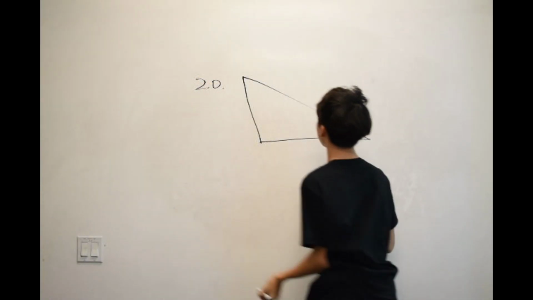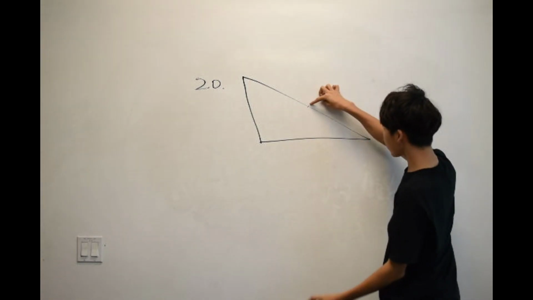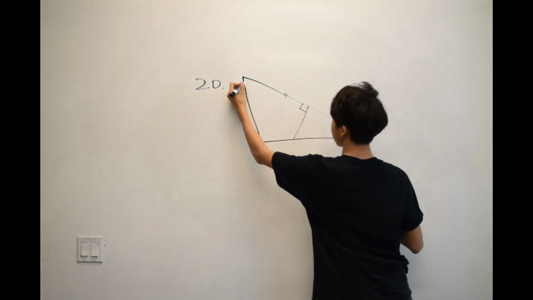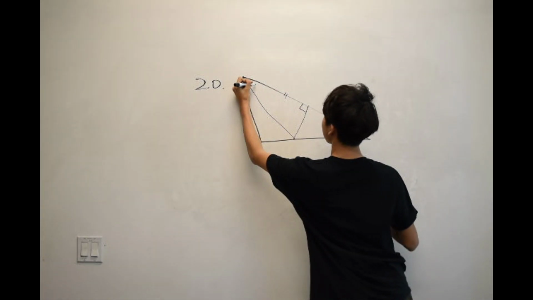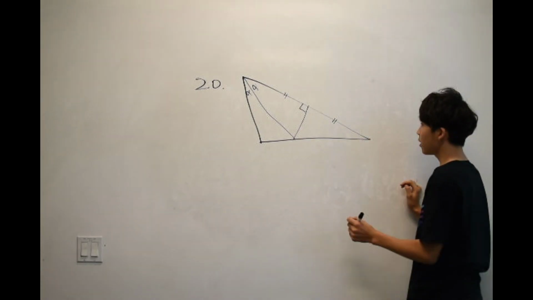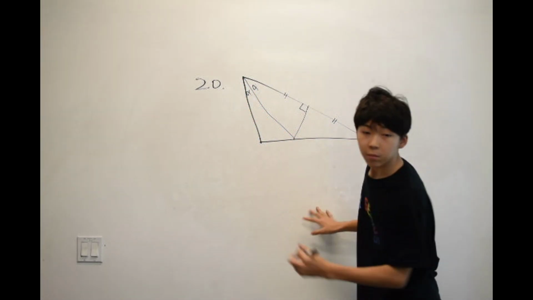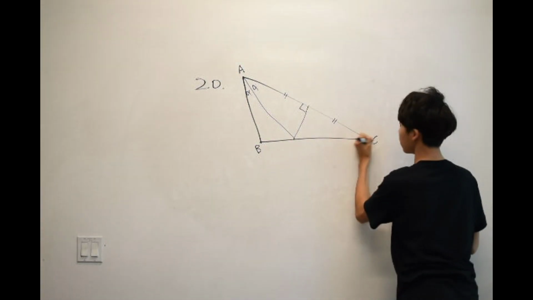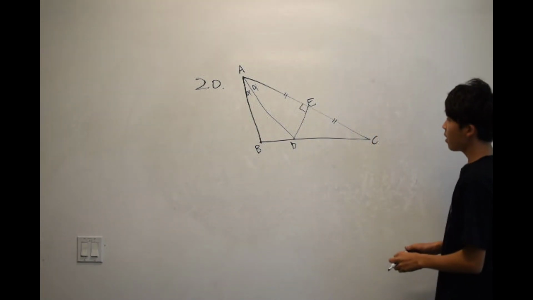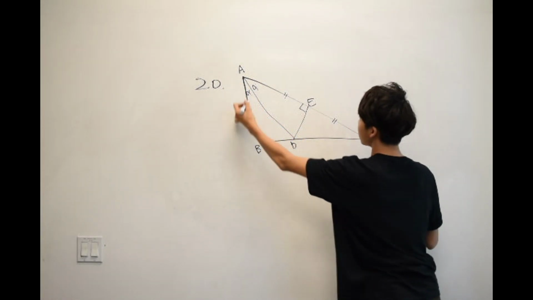So, for number 20, we were given a figure, and there was a midpoint right there, and it was a perpendicular bisector where these two are equal length. The problem said when we connected these two, the angles were the same, so it was an angle bisector also. And I'll just label the figure A, B, C, D, and E. And then, well, we know that